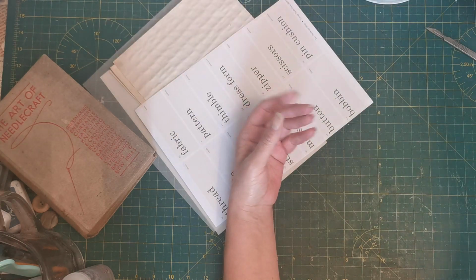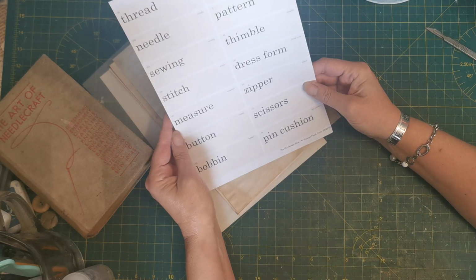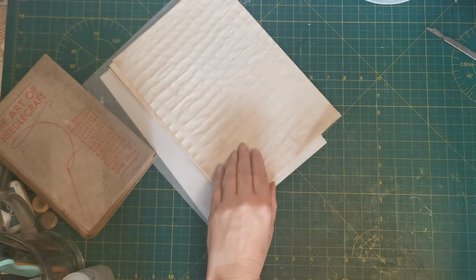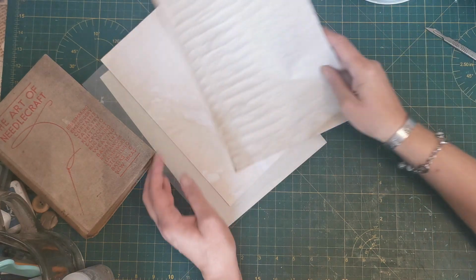So there's that one, and then there's these word cards that are all sewing themed, and they come from the old design shop. And then I've, whoops, that's because the fan's on. And then I've just got